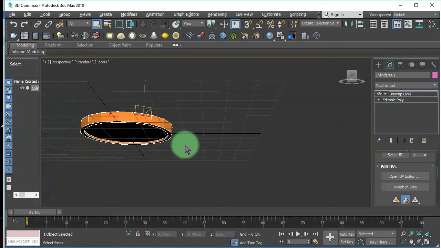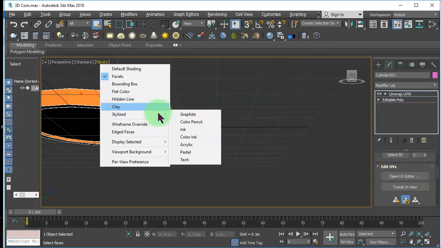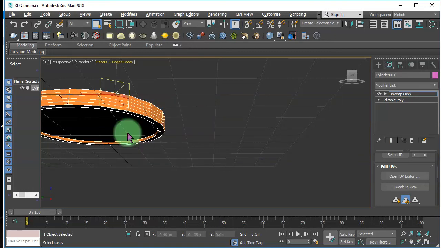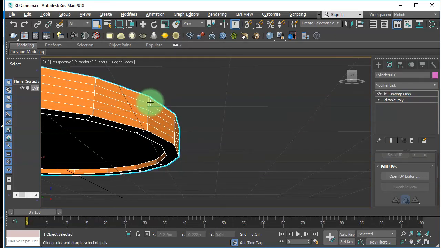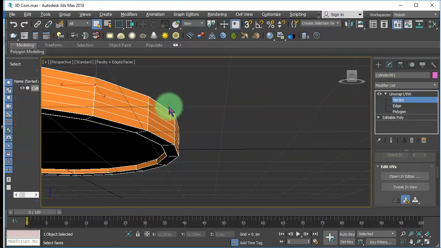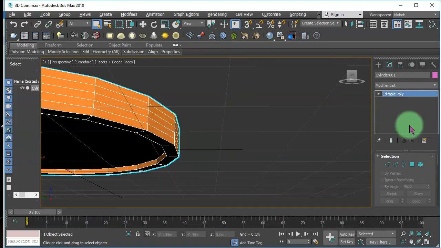I've made a mistake here. If you go to see the faces, the edges of this object, I have unnecessary segments here. So what I'm going to do is apply everything here, convert this object to editable poly, then open this, click the edge, I click this one,